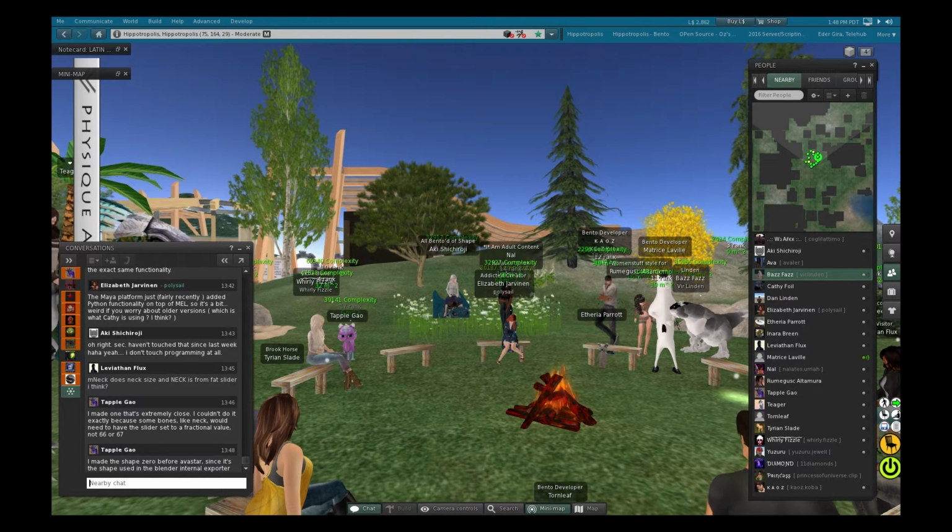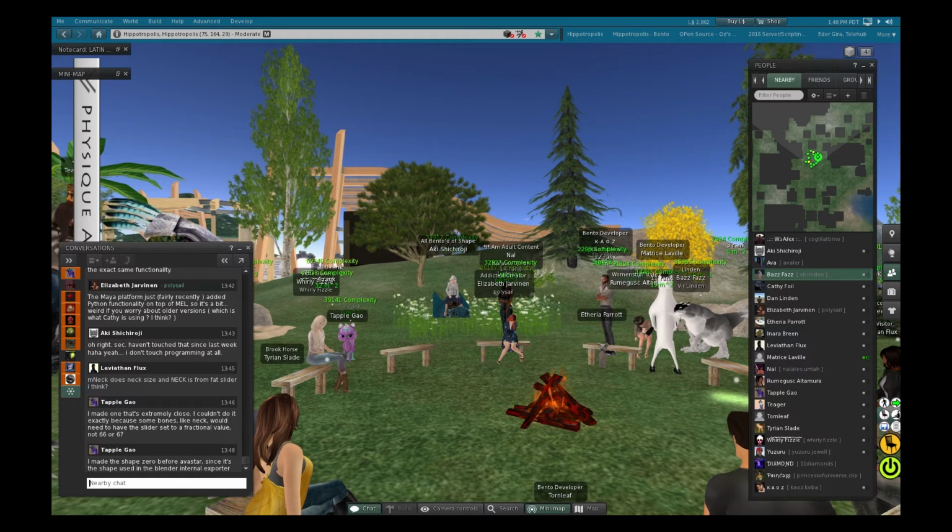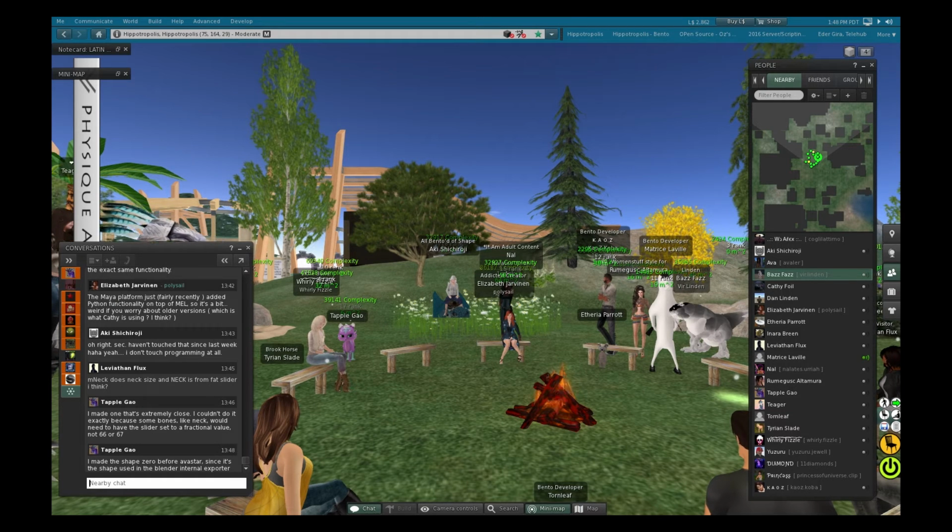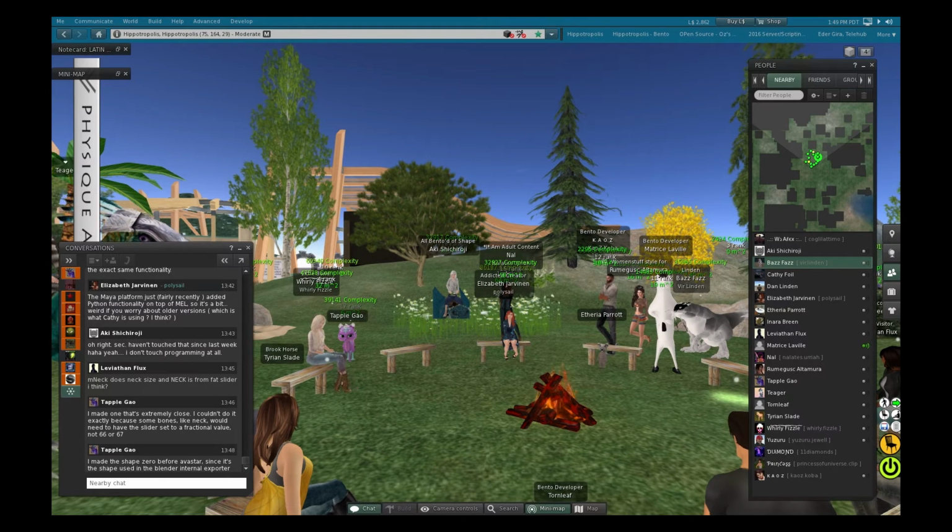So when you take the neck thickness slider, for example, you move it away from the default position that you got from your new default shape, and then you move it back to the same value as it was before, then you see a very slight deviation from when you created the default shape.